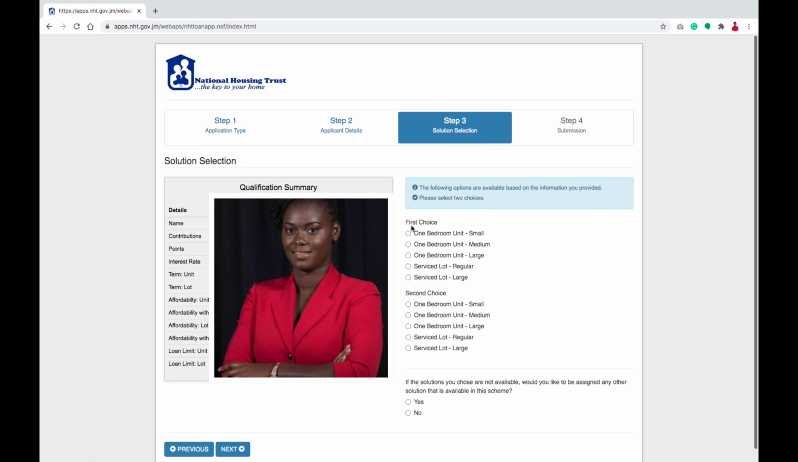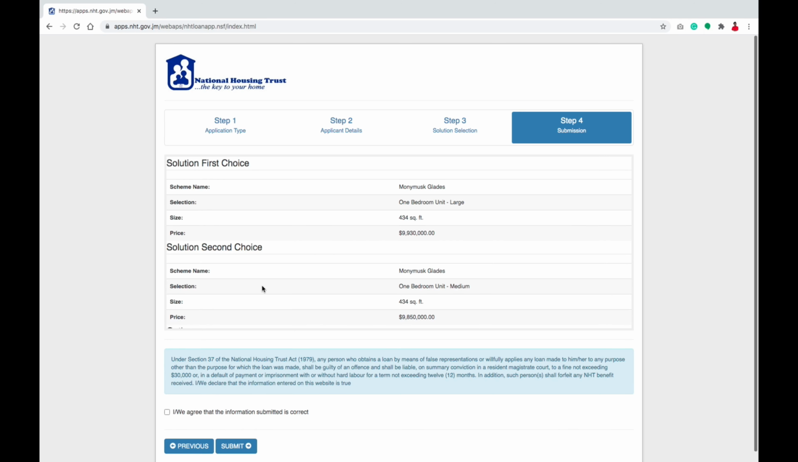So I'm just going to go ahead now and select one of the housing solutions. So I'm selecting the 1-bedroom large unit as my first choice because there are 2 choices, and then I'll select something else as my second choice. So in case you don't get your first preference, you will get the second option. Once you have done that, there's also a third option at the bottom that allows you to let NHT know that if you don't get option 1 or 2, you are willing to have a third option made available to you. So you can go ahead and select that, and then you're on to the final step, which is step